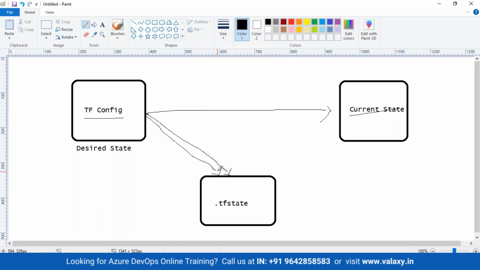Is it the same thing we are doing again, or is it something new? Based on that, it will go and alter the state file, and this state file will compare it now with the current state. This state file that,